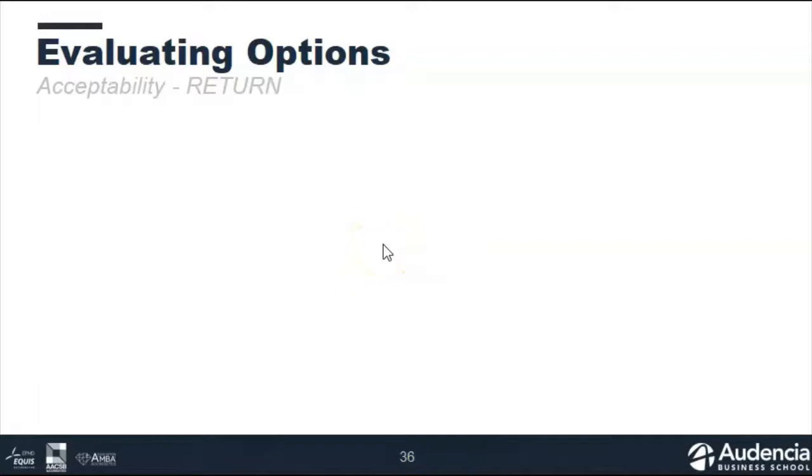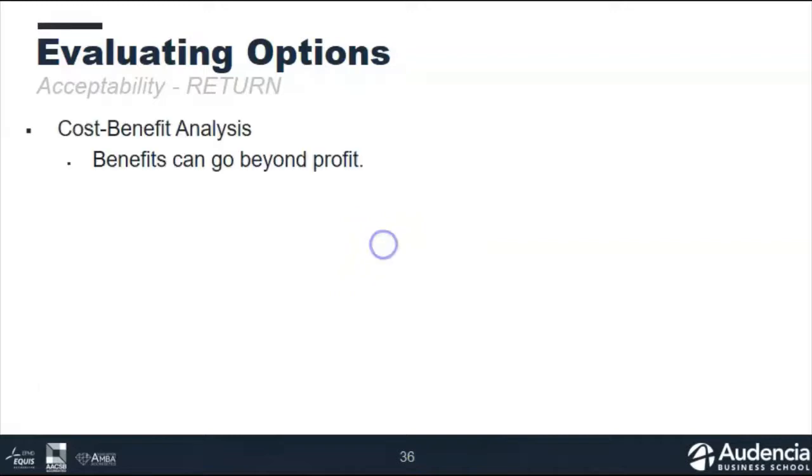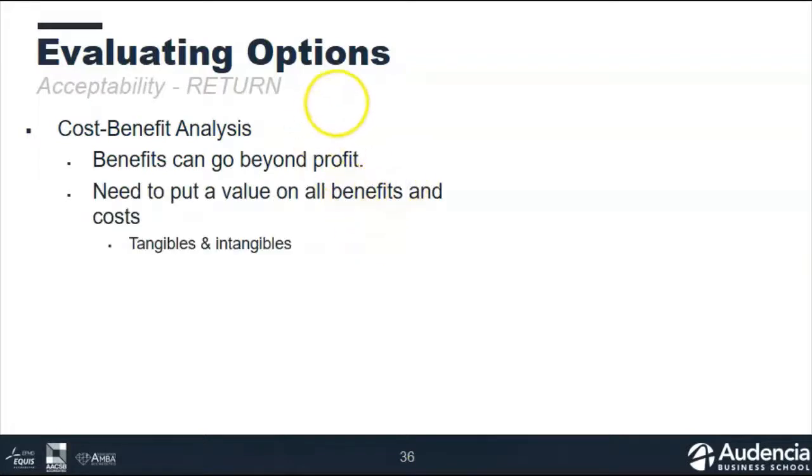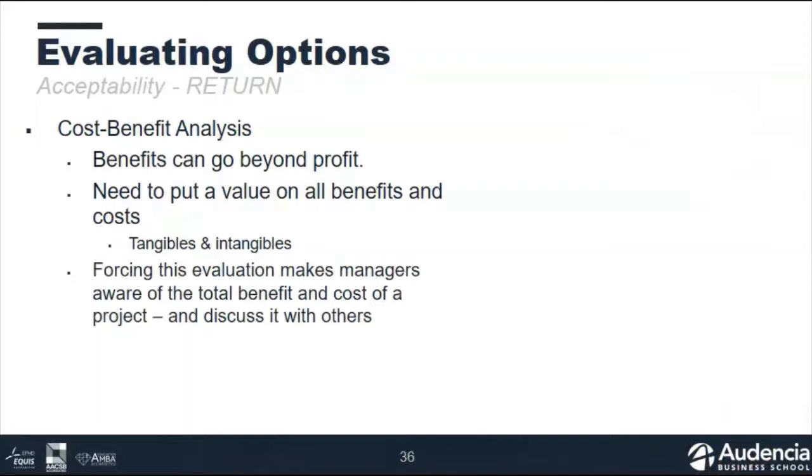Now, another way we can assess return is through cost-benefit analysis. And this can get really messy because really good cost-benefit analysis has to include intangibles. It has to go beyond basic costs and benefits. We need to ask ourselves, for example, imagine one of the benefits is improved customer satisfaction. How do you measure that? Maybe one of the benefits of a strategy will be improved brand value. How do you measure that? How do you measure the impact of that?